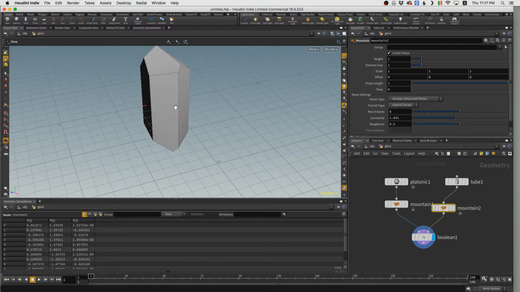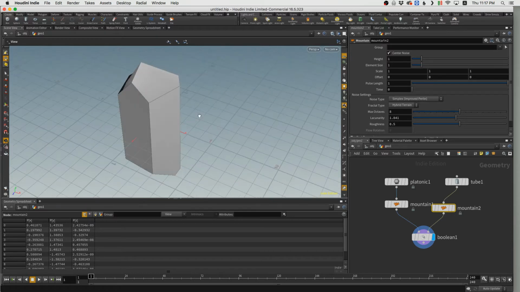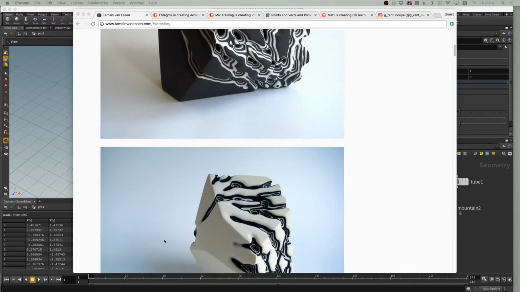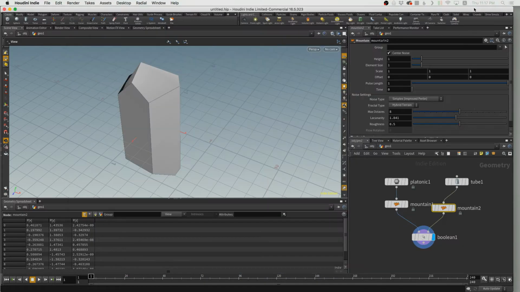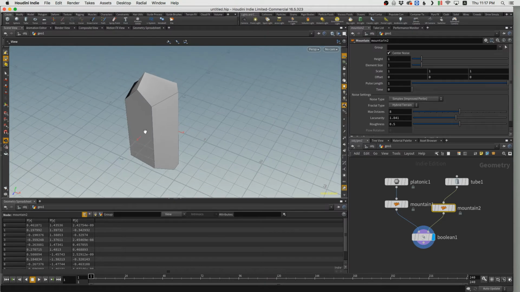So we can get something like this. So here's the base geometry that we're going to be working off of, okay? And from there, if we take a look at what we were trying to model from before, this whole thing, then we're just going to eat into the structure. And so the way that I would do that is,